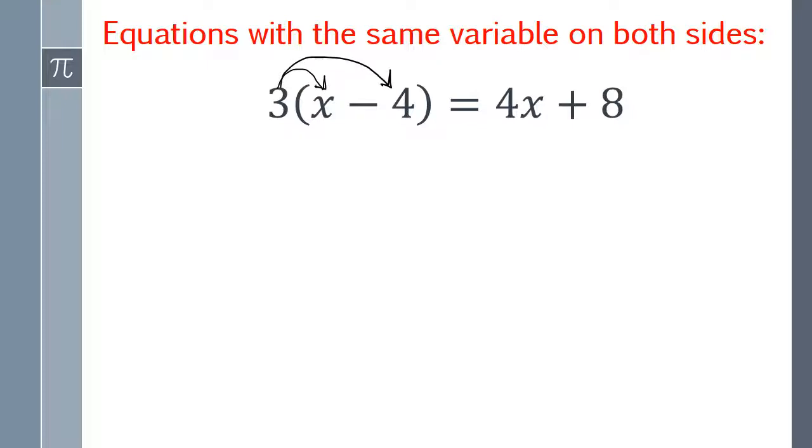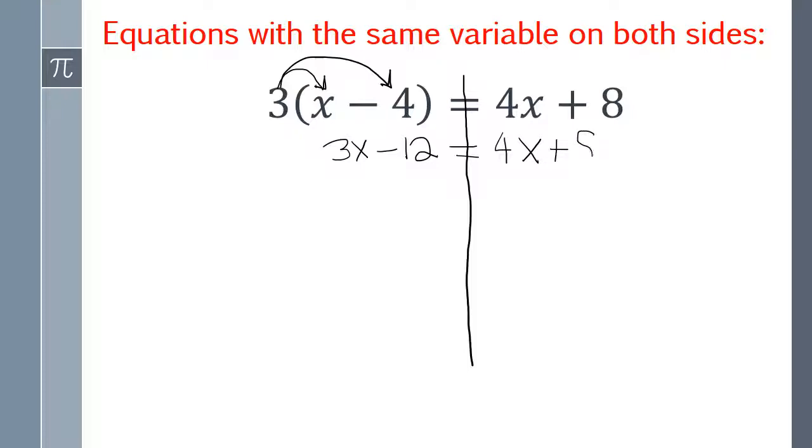3 times x is 3x. 3 times negative 4 is negative 12. I need to put my line to define where both sides are equal. 4x plus 8. If you take a look at this equation, you'll find out that we have x on both